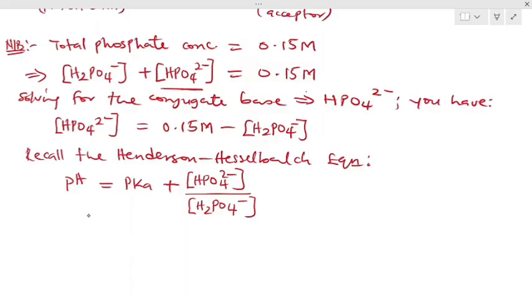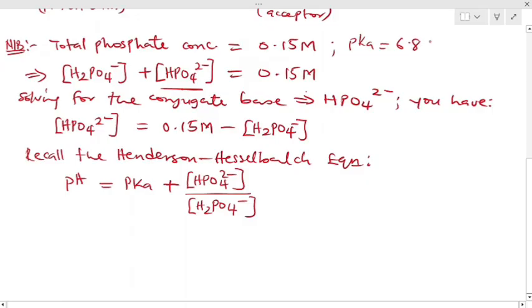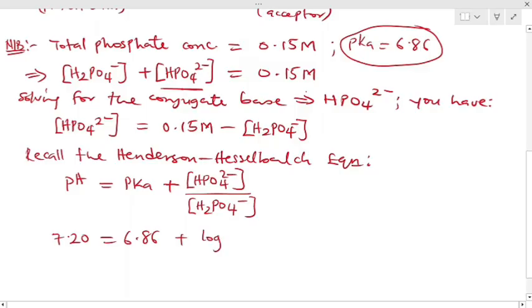pKa. Note that the pKa for phosphate here is 6.86. That's the pKa for phosphate buffer. So substituting that right here, you have 7.20 is equal to 6.86 plus the log of